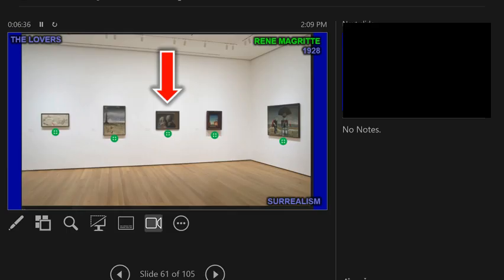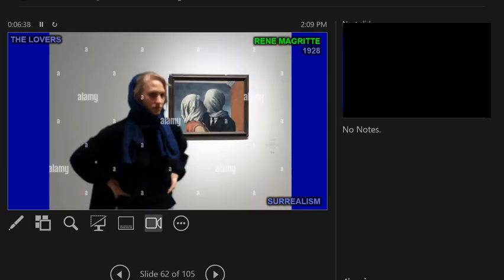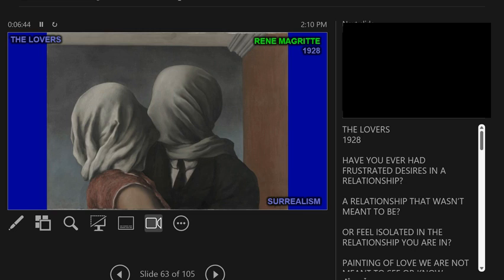We're going to take a look at this painting right here. This gives you a sense of the size of the artwork. And here we have a couple of teenagers in a high school hallway. All right. Yeah, I know, right? Everybody knows that couple, right?